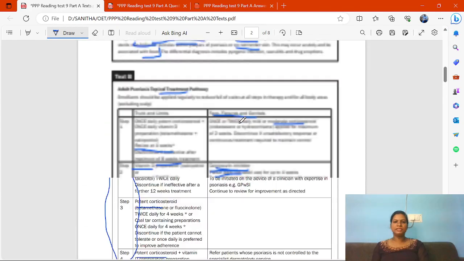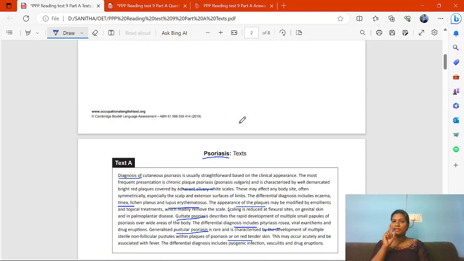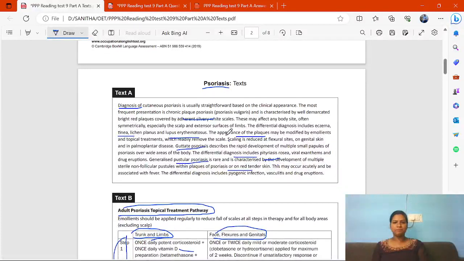So come to passage one. What are the points? What are the keywords? Arms and legs, most likely affected, and chronic plaque psoriasis. So we have to find arms and legs, chronic plaque. You have to skim fast. First listen, then you will get the keyword. Then you have to keep your hand there and read the surrounding areas, okay. So diagnosis,